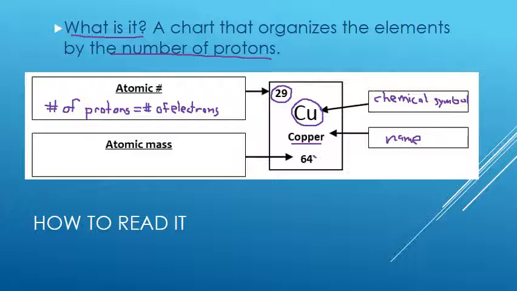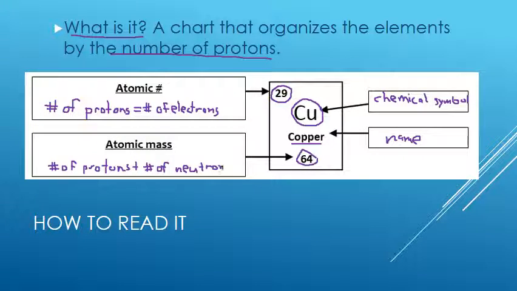And finally, at the bottom here, we have what is called our atomic mass. That is a combination of our protons and our neutrons. So it's the number of protons plus our number of neutrons. And so we can actually use this number along with our atomic number to find out how many neutrons we have